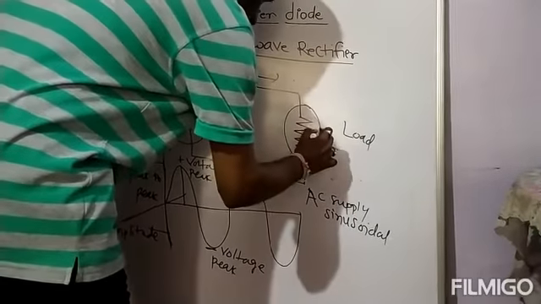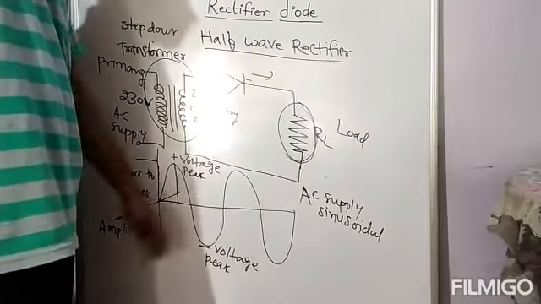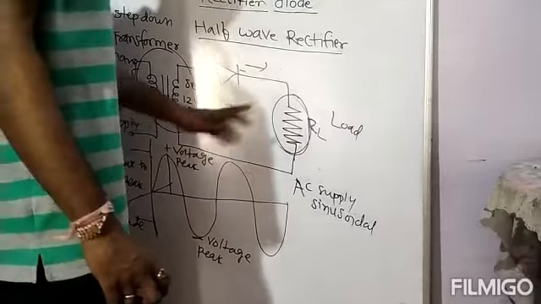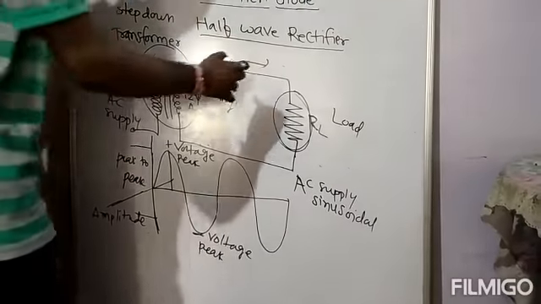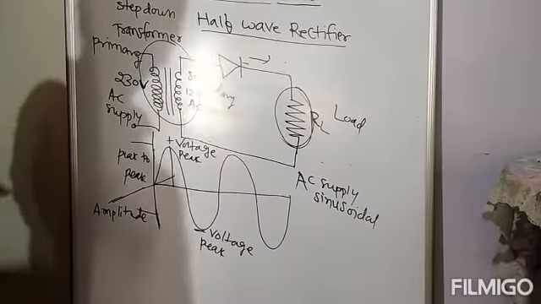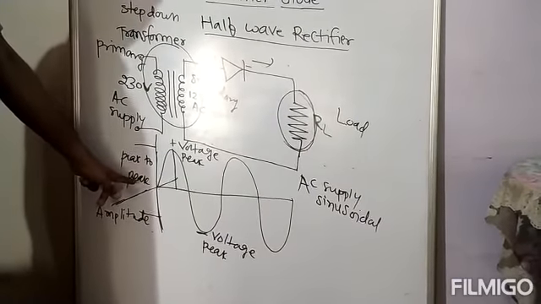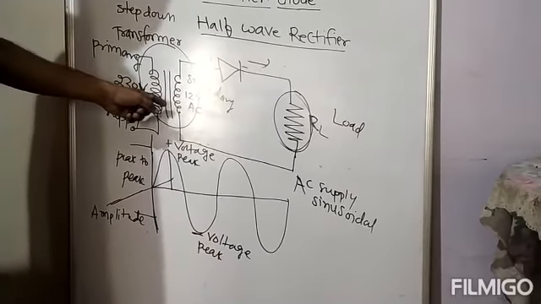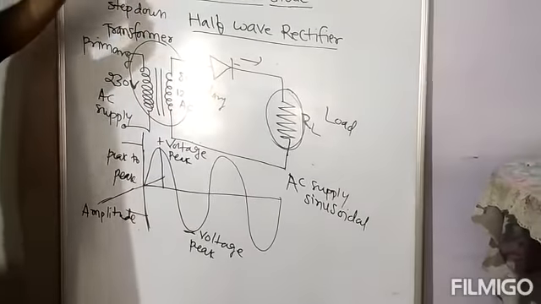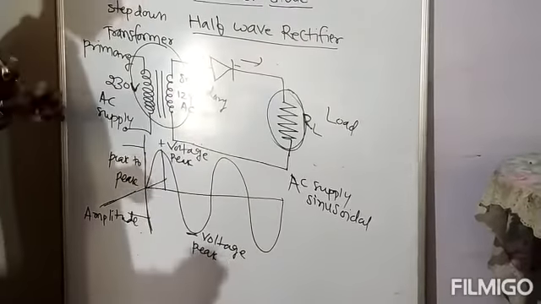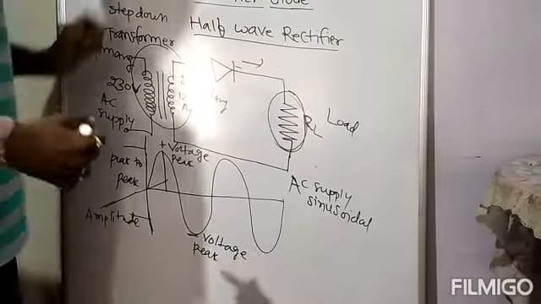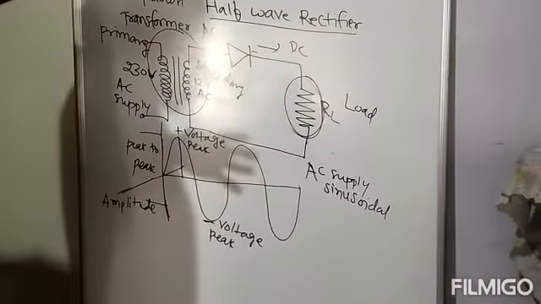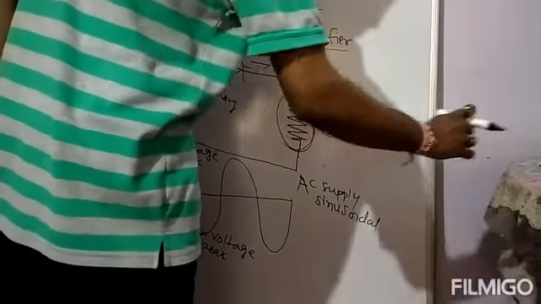Here, for our sake, we are using a load resistance. We can connect any load, like a bulb or any equipment that we want, so that this energy can be used by the load. So whenever I provide an AC supply from the transformer to the rectifier, how does it work, how does it convert to DC? Here we are providing AC, here I am getting DC. So how am I getting a DC? That is the major question here.